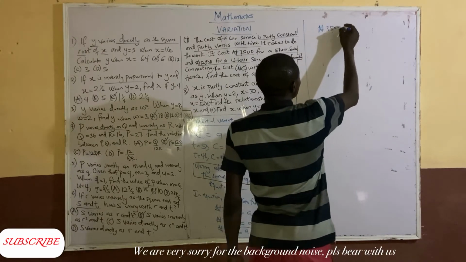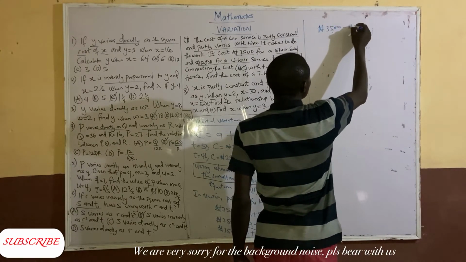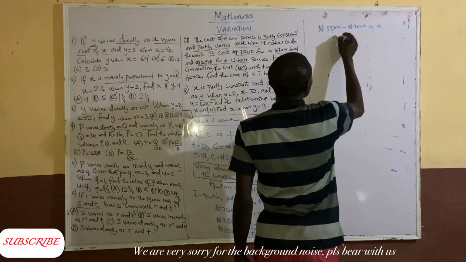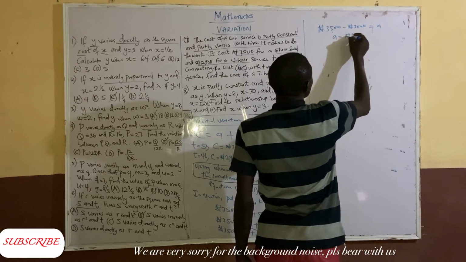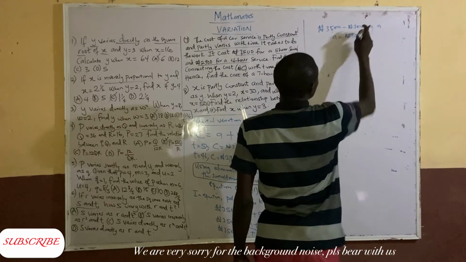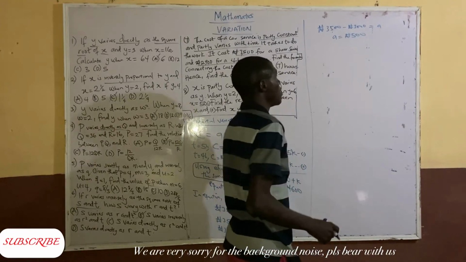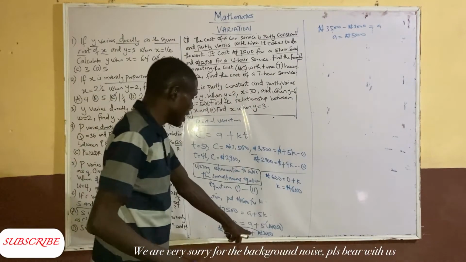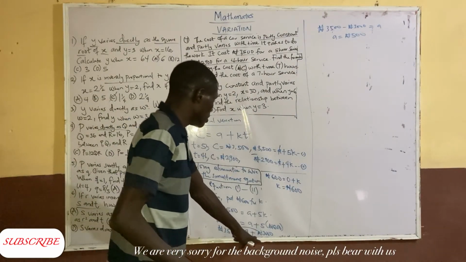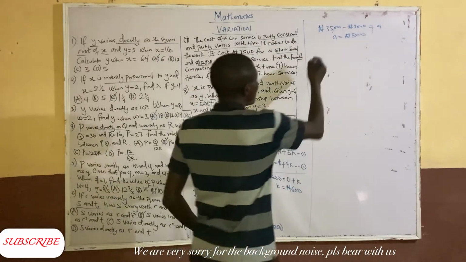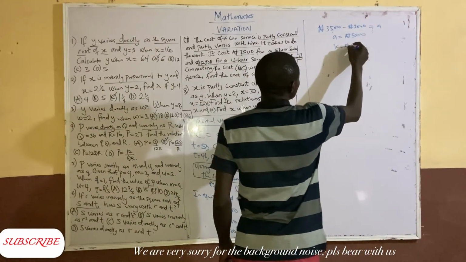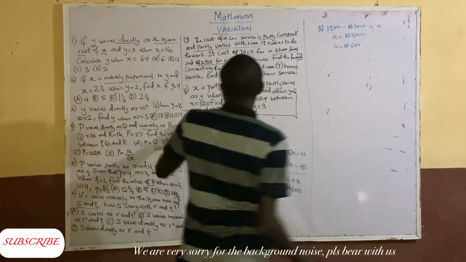3,500 minus 3,000 equal to A. So we have A equal to 500, because 3,500 minus 3,000 will give 500. So A is 500 and K equal to 600. Now they say we should find